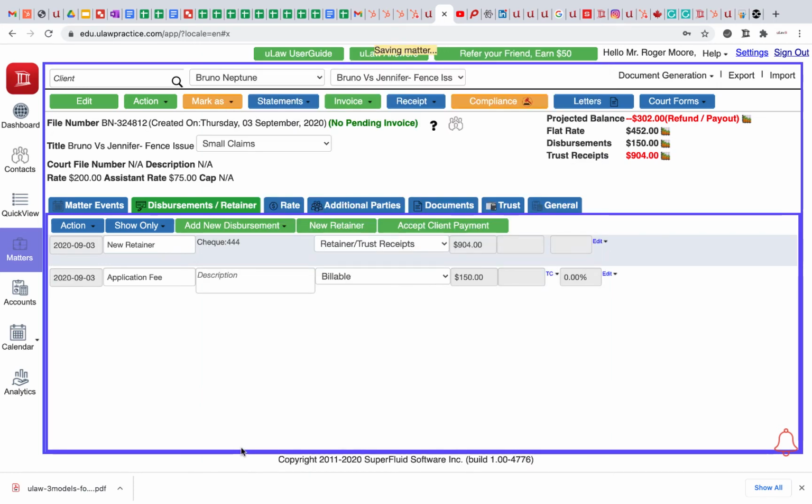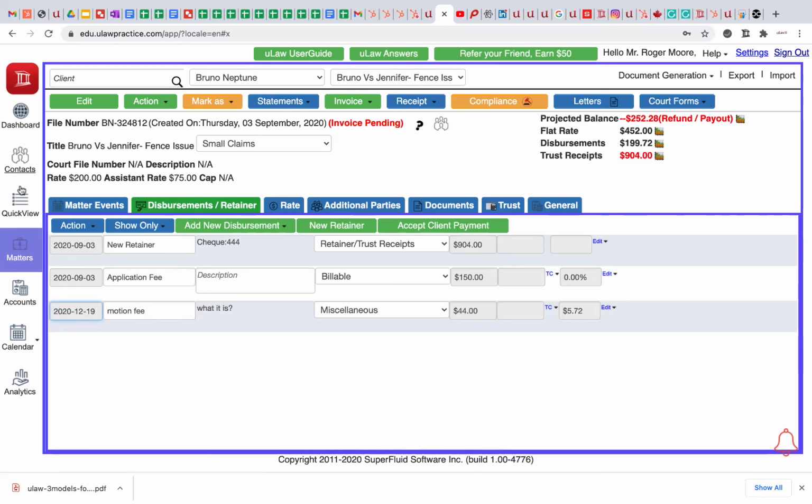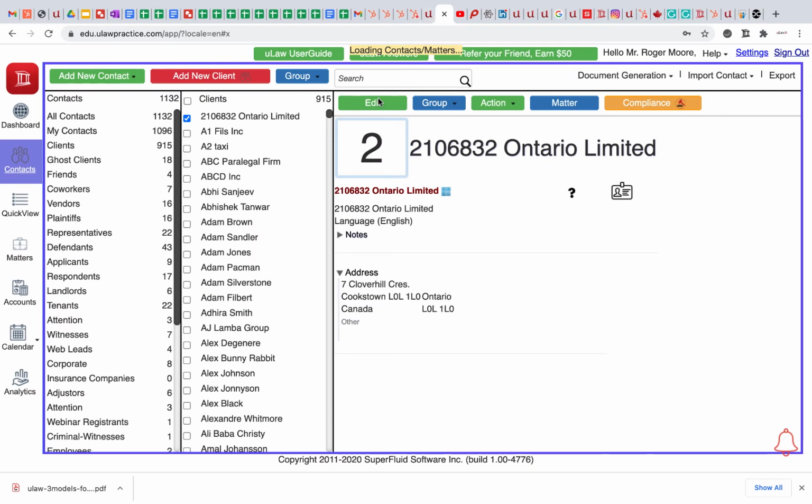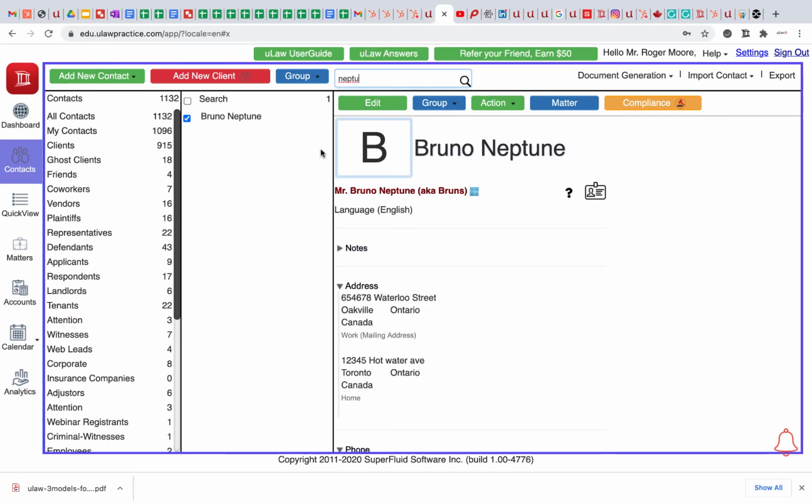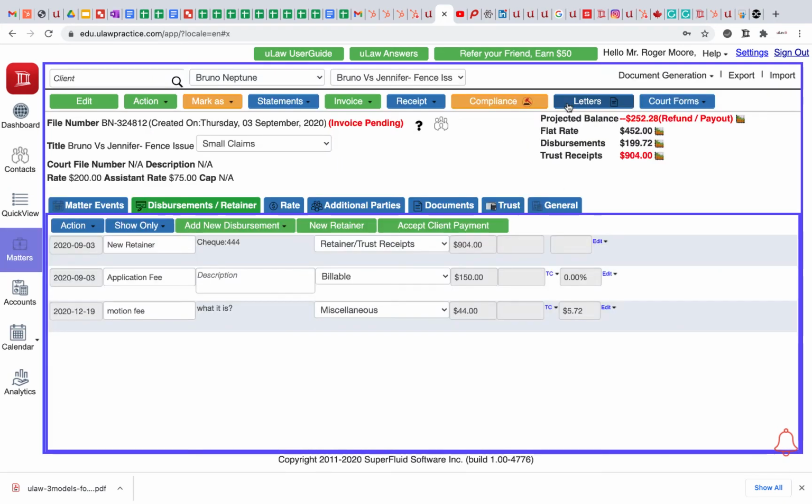Right now, I don't remember it's Bruno. If I remember it's Bruno, it's very simple. What I would do is I'd go here, I'll search for Neptune, come to Bruno, go to the matter, and in the disbursements, I found it right here. I can do edit item. I'm done. But if I forgot it's Bruno, I don't remember his matter number,